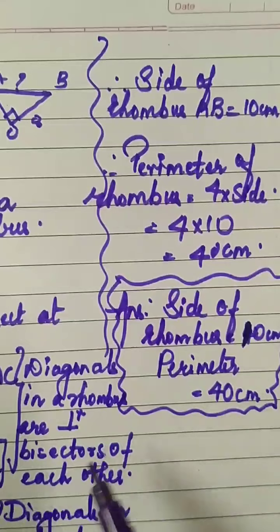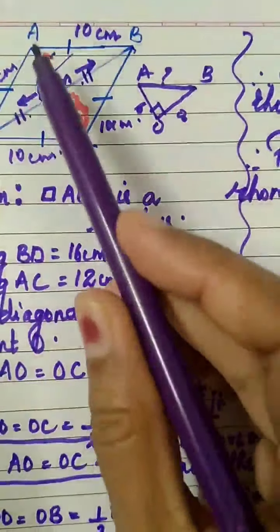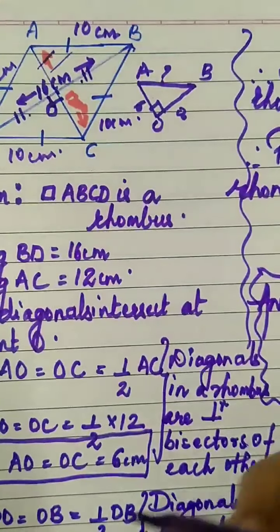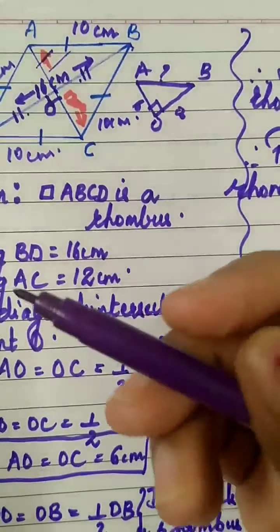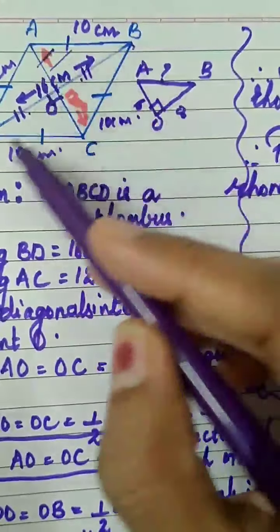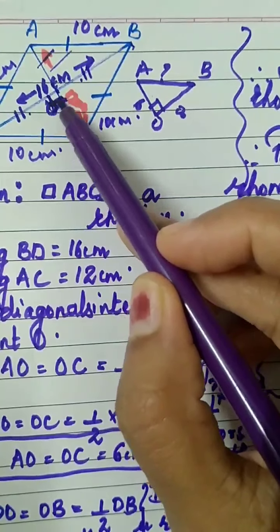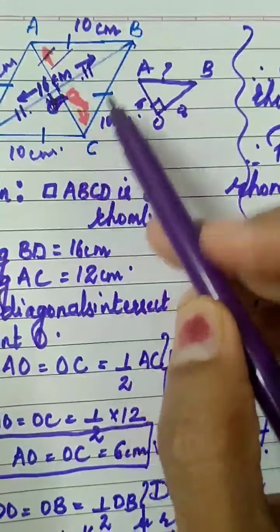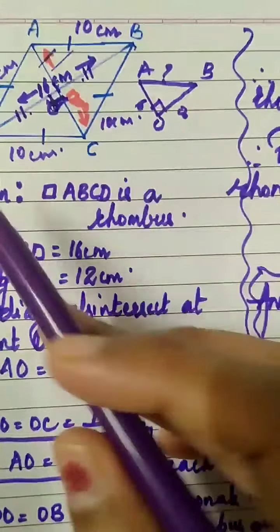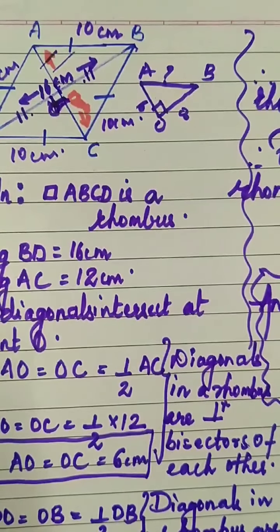Okay, so in both the sums today we got an opportunity to use hypotenuse side test or Pythagoras theorem. Now some of you, if you forget the property of rhombus, that when the diagonals intersect each other, they make 90 degree angle, no? And the diagonals are bisectors of each other. So this property gave us the solution for the sum. Okay, now let us move on to the next sum.